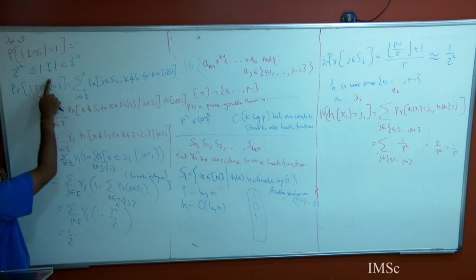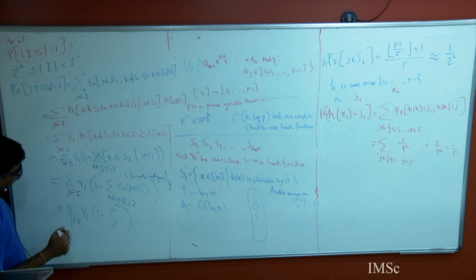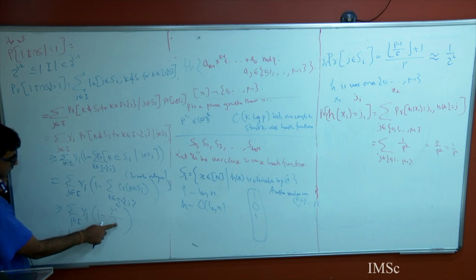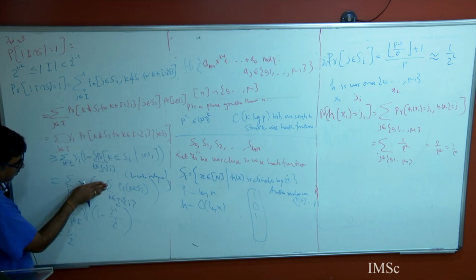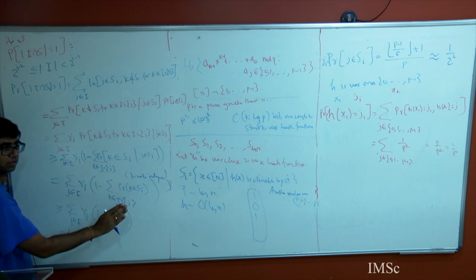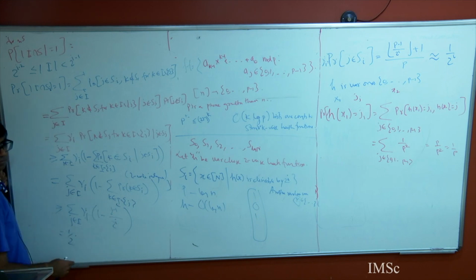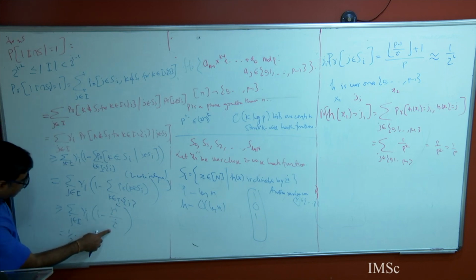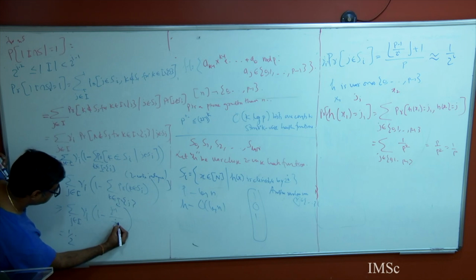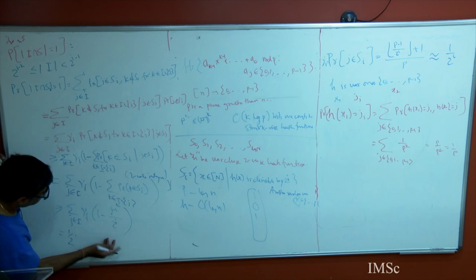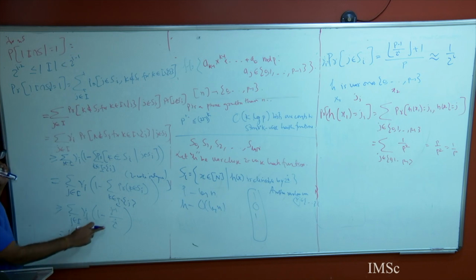Okay, but what is I? Did I use 2 power i minus 2 somewhere? Is it correct? No, I should use 2 power i minus 2 here. Shouldn't I use 2 power i minus 2 here? Or this is correct? Because you are subtracting more, right? So this is okay. But here I should use, no, this is fine. This is okay?